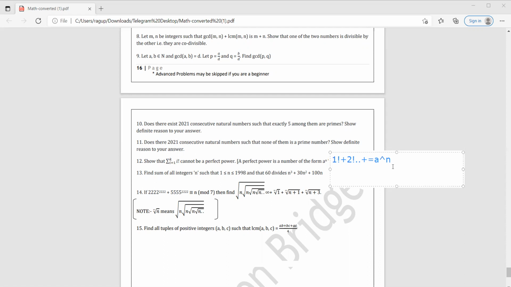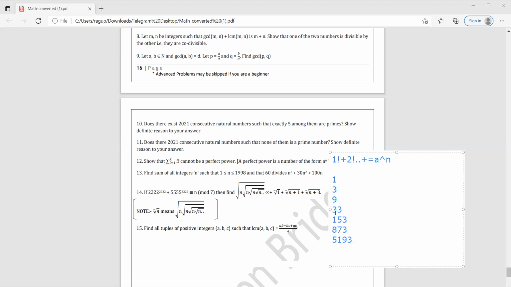So let's experiment and first find the values of this expression according to k's values. If k is 1, then we'll get the value to be 1. If k is 2, we'll get 1 factorial plus 2 factorial, which equals 3. If k is 3, then we'll get 9. If k is 4, then we'll add 24, so we'll get 33. After that, adding 120, you will get 153. 6 factorial, 720, will add, and we'll get 873. We'll add 5040... we'll add 4320, then we'll get 5193, and so on.